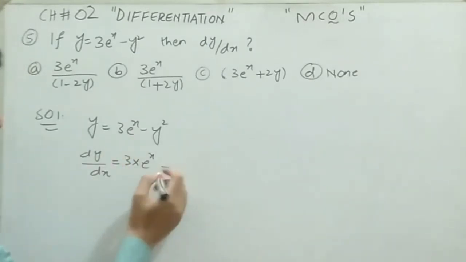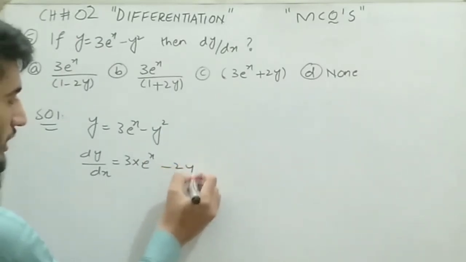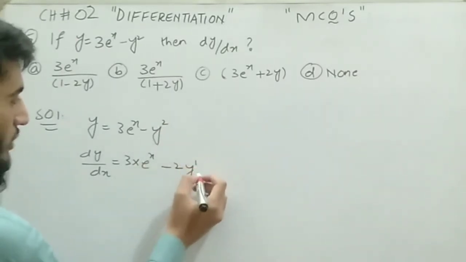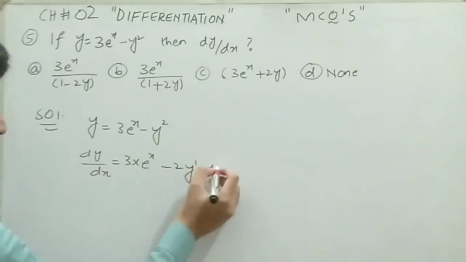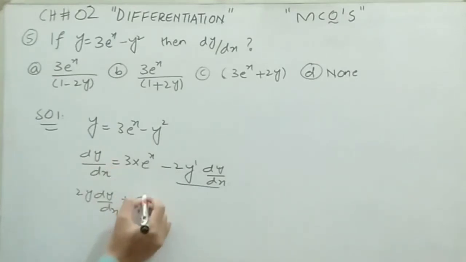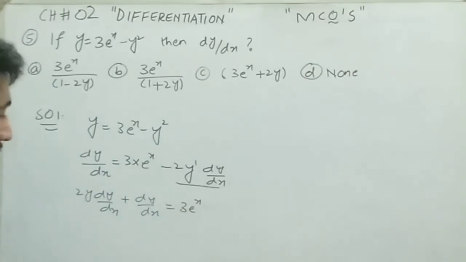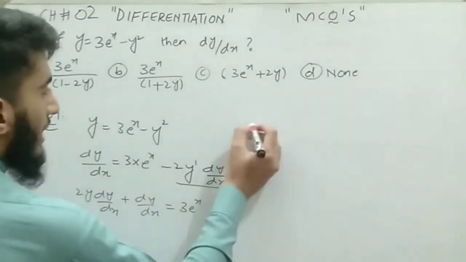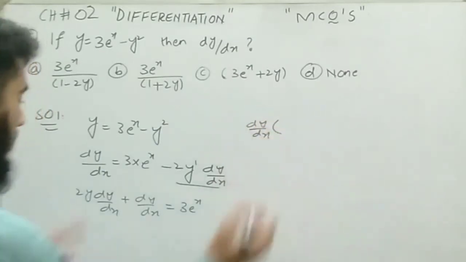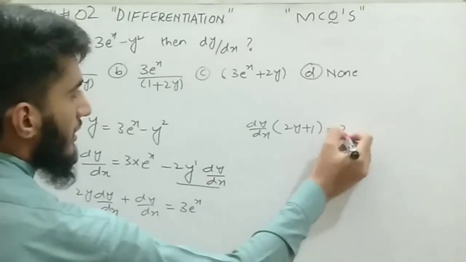And over here minus times derivative of y square. According to the generalized power rule of differentiation, 2 will come to the front and subtract 1 in the power. So 2 minus 1 in the power will give us a value 1. And also y is the inner function, so we will write dy by dx over here. Now shift minus 2y dy by dx to the left hand side. It becomes 2y dy by dx plus dy by dx will be equal to 3e raised to the power x. Now taking common dy by dx, inside we are left with 2y plus 1. 2y plus 1 will be equal to 3e raised to the power x.